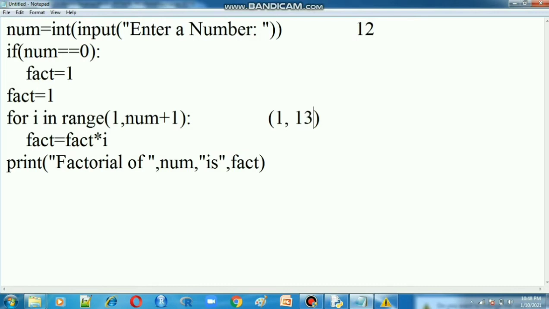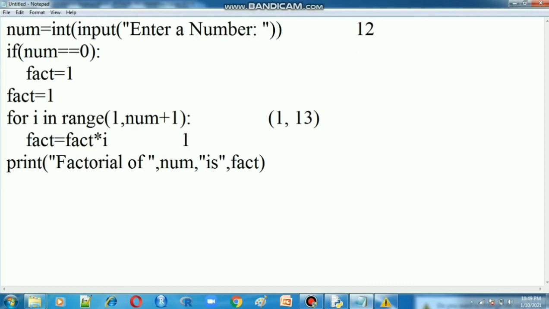Go for the next line, fact equal to fact into I. The fact value is 1, the value already there is 1 only. 1 into the I value. The I value is the start value, the counter variable value, which first is 1 only. Now the I value is also 1, and 1 into 1 is 1.